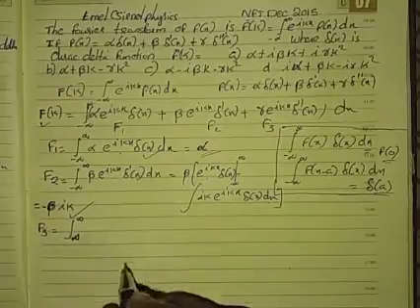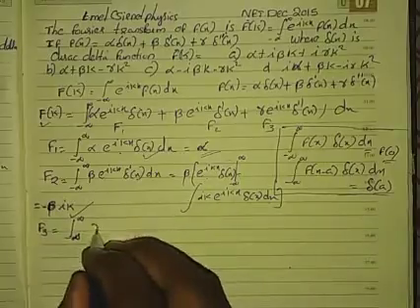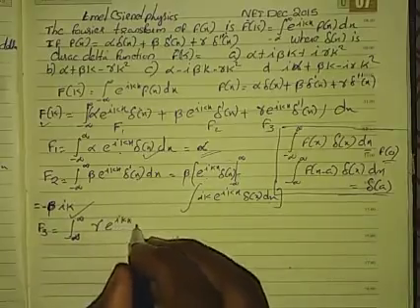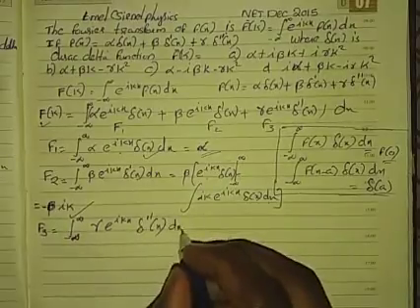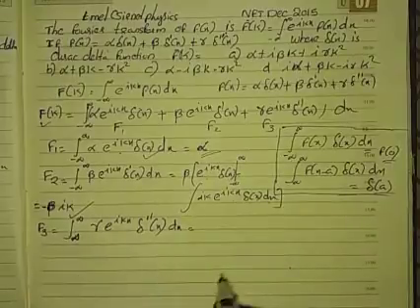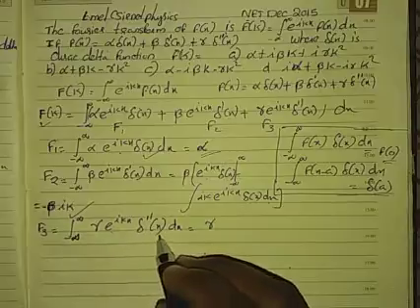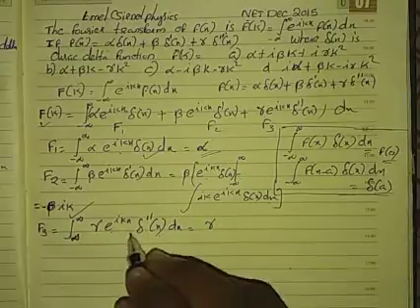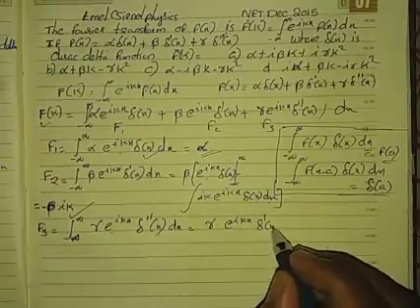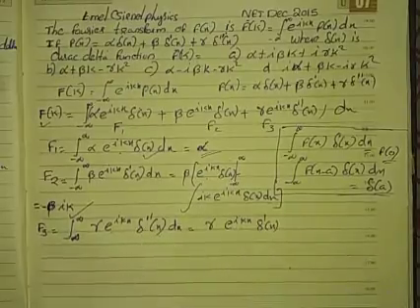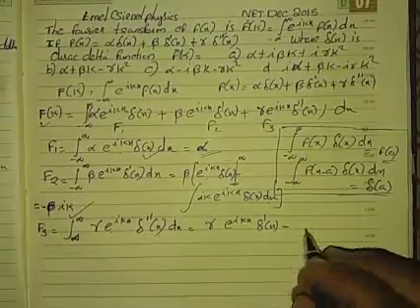when you get to f3, you get minus integral from minus infinity to infinity of gamma e raised to ikx into delta double dash of x. So that's a second derivative. You have to follow the same procedure, and you can write gamma outside. You can take the first function and second function and integrate. You can write that first function, which is e raised to ikx, into integral of second, which is delta dash of x, which is the first derivative, and minus integral of derivative of